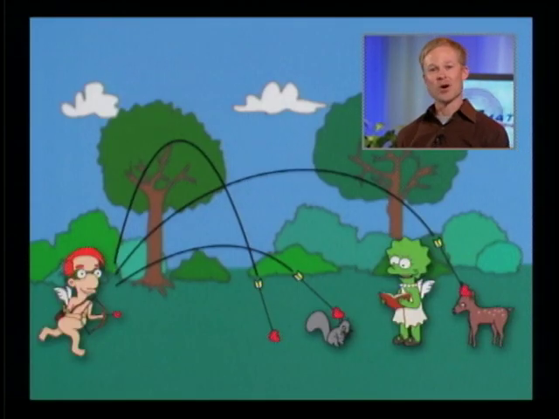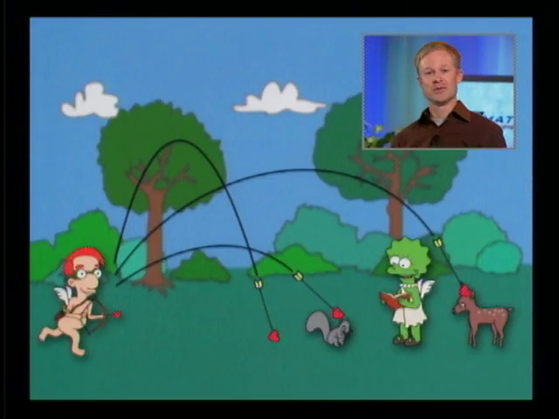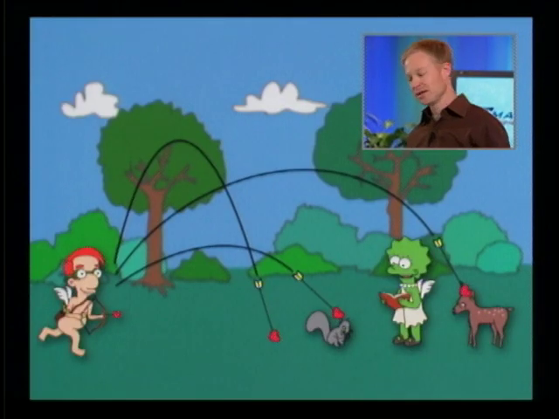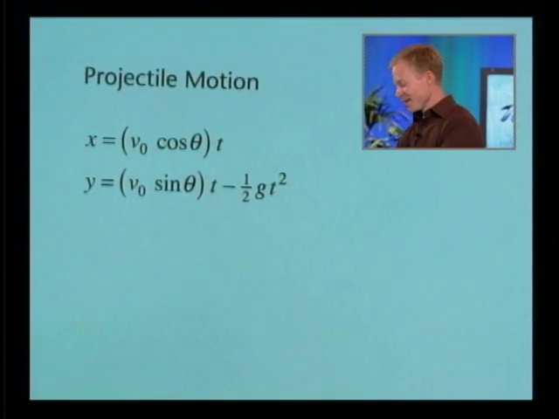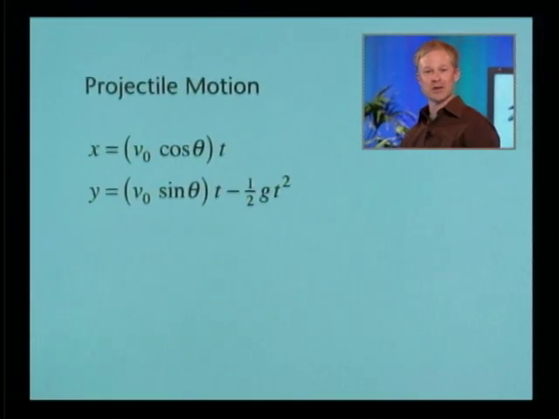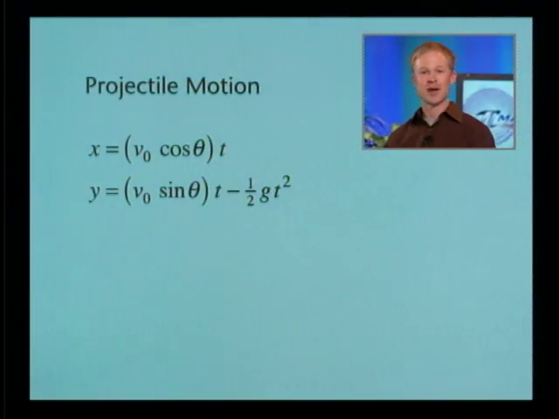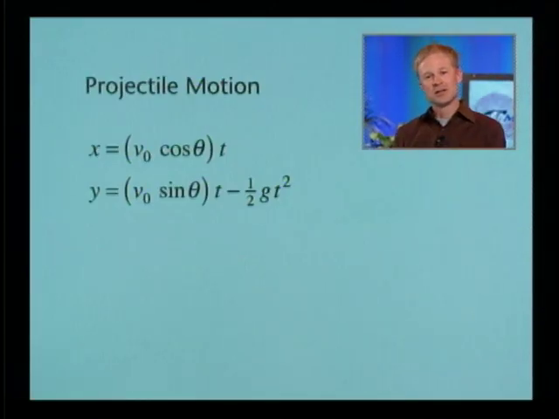And so, yes, this isn't quite the real world, I realize, with Cupid's arrows, but the mathematics actually is. So this is just an example of what's called projectile motion, and I have a couple of equations for you. I'll show you. So we're going to take Milhouse out of there. Here are some equations for you. These are standard equations, and if you'll notice, I'm giving you two equations because we're going to look at the x and y values separately. There are some shorter equations to use, but this is kind of a nice way to look at it. And one thing I want you to realize is